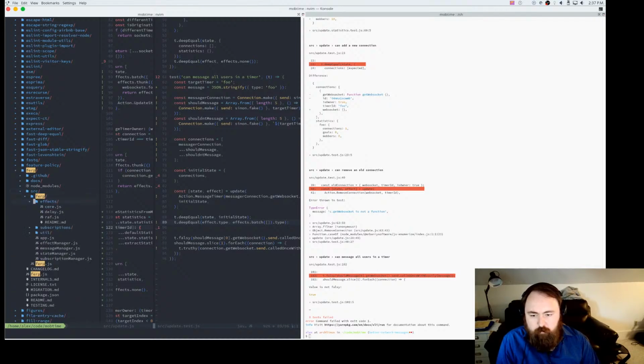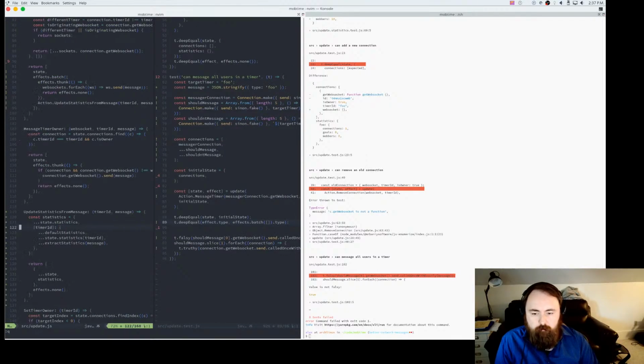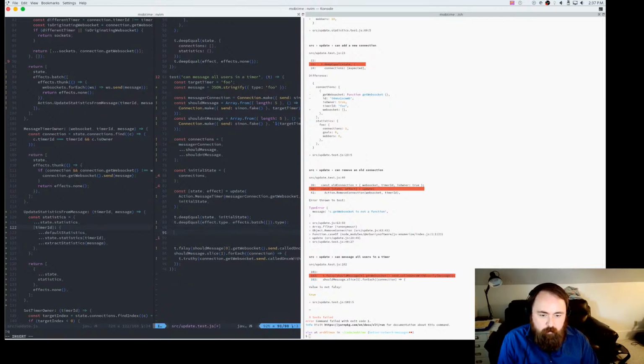And so if we go into the core effects, we see batch. Batch has a type, and then effects as an array. So likewise, we can say,